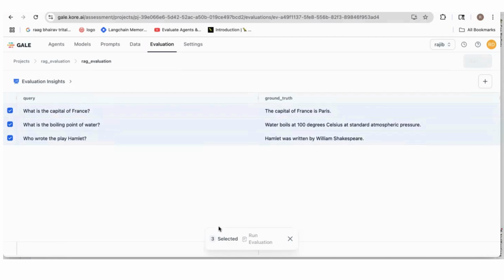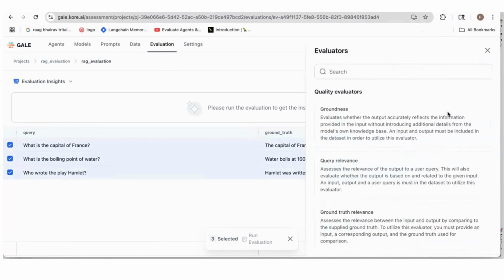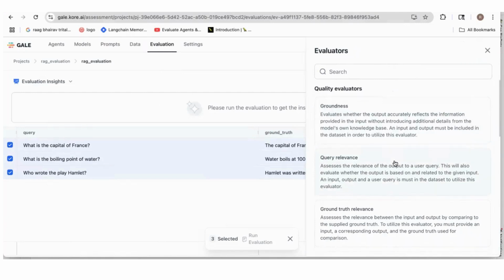For that, run evaluation. I did something more, which I'm forgetting now. Please run the evaluation to get the insights, right? So let's see. Okay, I have to add an evaluator. Okay, so then I added an evaluator, and this is another beautiful thing that I have seen,